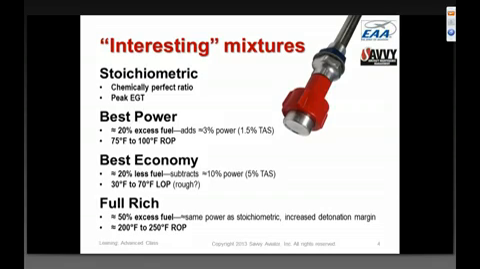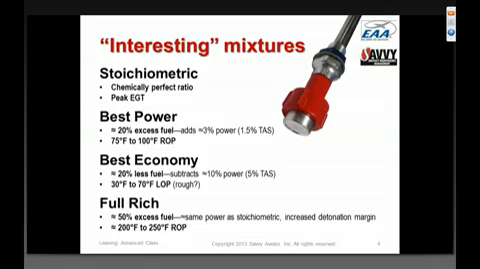If we go on the rich side of stoichiometric, about 75 to 100 degrees rich of peak, we get best power mixture, which gives us about 3% more power, about 1.5% more airspeed, because airspeed varies with the square root of power, but at a cost of about 20% more fuel. So best power mixture is not a very good deal in a world of $6 or $7 avgas, because we're throwing a lot of extra fuel in the engine to get a very, very small amount of extra